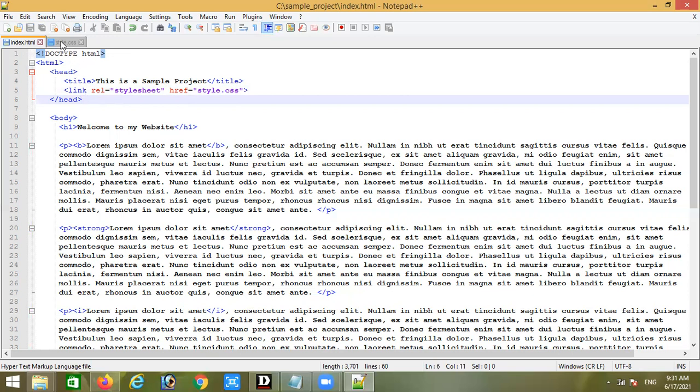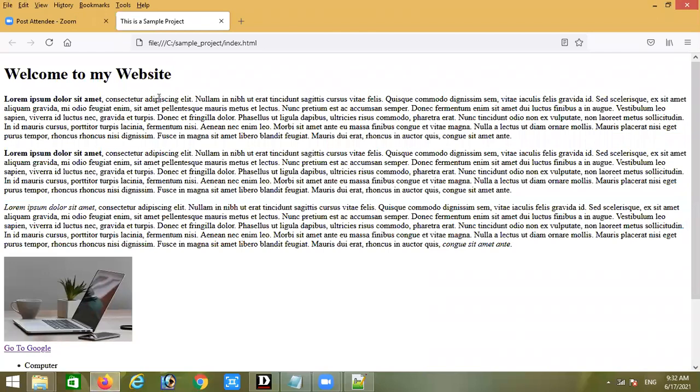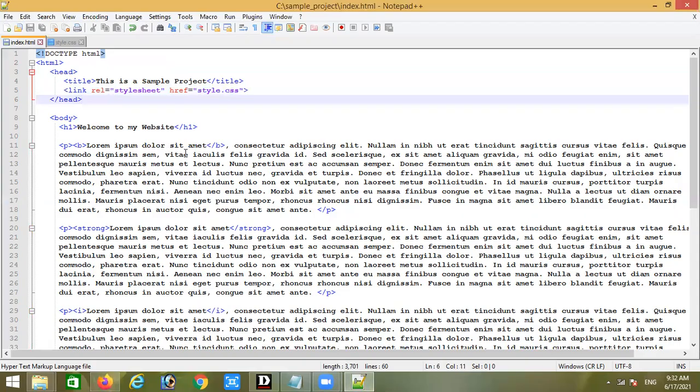Now I'll see if I add some style in my style.css file, will it be reflected in my index.html file or not? So the runtime of this index.html file is this. First of all, I'll make this heading at the center. It will look better if I move it to the center position, right? To do that, I have to